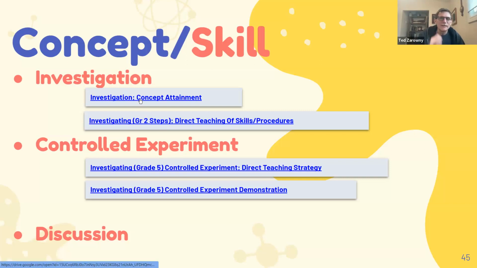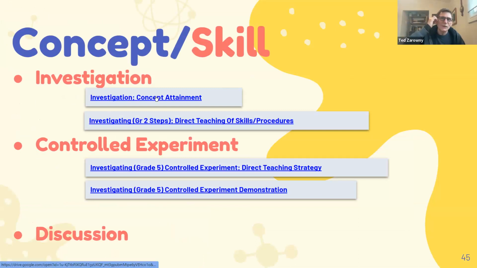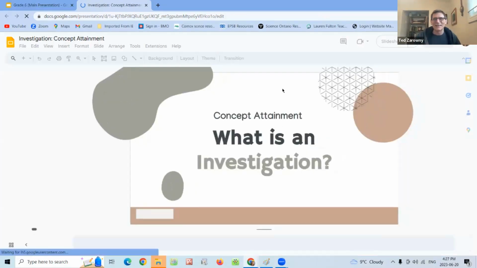To begin with, the idea of an investigation, which is a controlled experiment, really begins at grade 1 and more specifically grade 2. Students may know what an investigation is, but I just like to go through it. If you go back to that slide, Chris, sorry. I just want to go through quickly a concept attainment lesson with you, so you get what it's about, because you're going to have access to a lot of concept attainment lessons. They're meant to just introduce the idea of a concept.